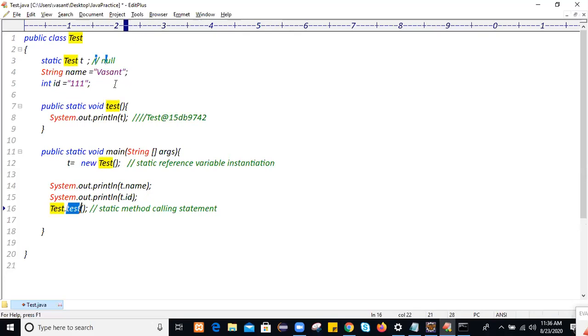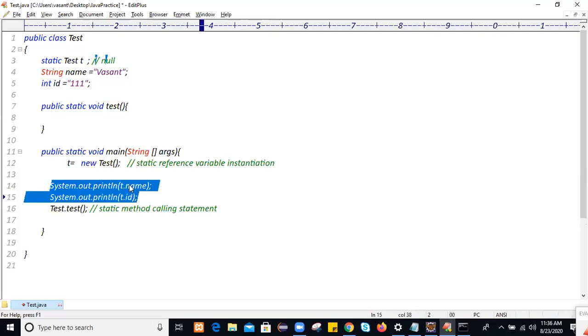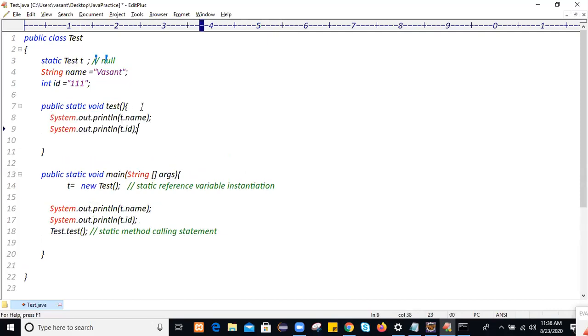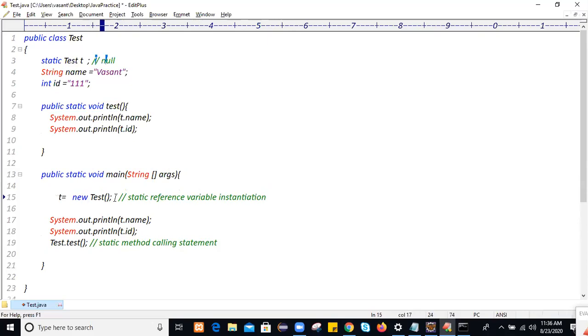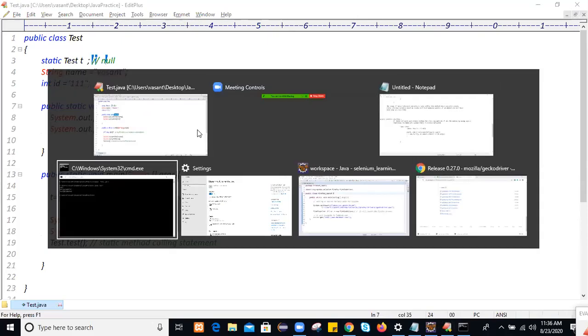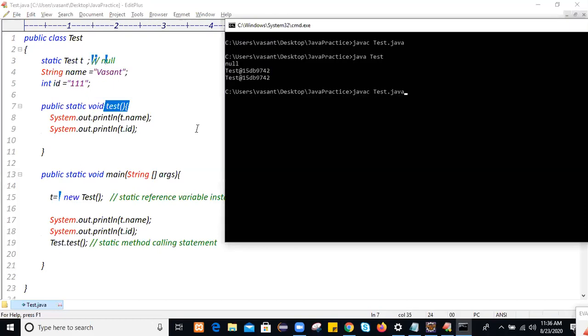Let me call the static method, and here also we access the name and id, two times. Once we create a reference variable at class level, you can access it in any area throughout the class. So you see, two times you will get the name and id displayed.